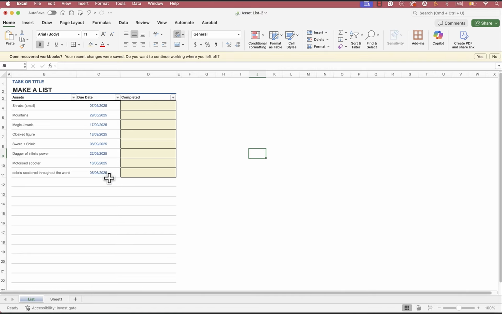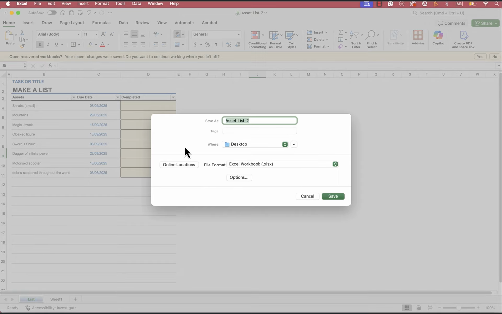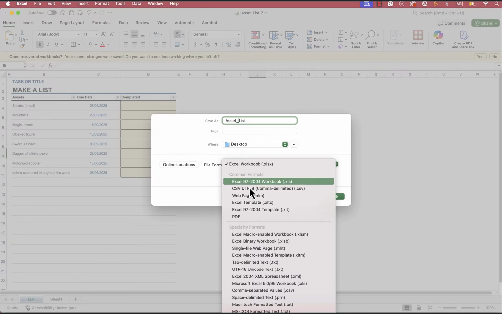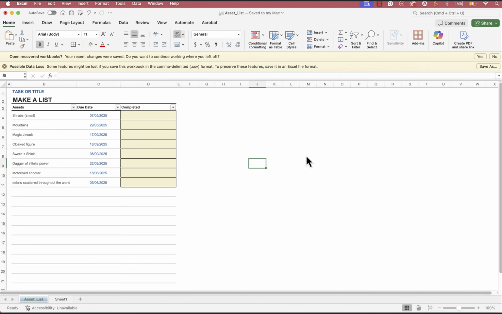And so this has added in the things we needed, a kind of checkbox or a pull down menu, the assets, and then the due dates. So now I'll go File, Save As, and I'm going to save it not as an Excel file but as a CSV. Cool. And now we'll go back to our ClickUp,